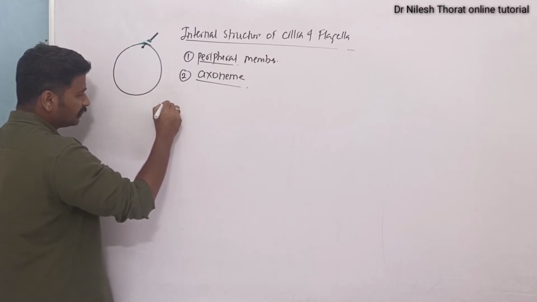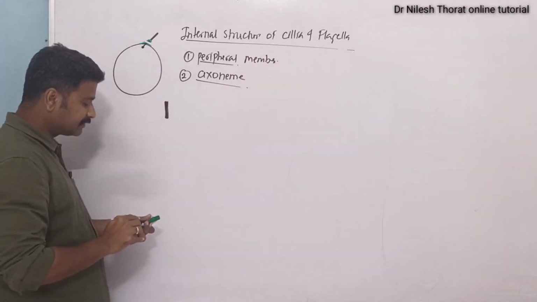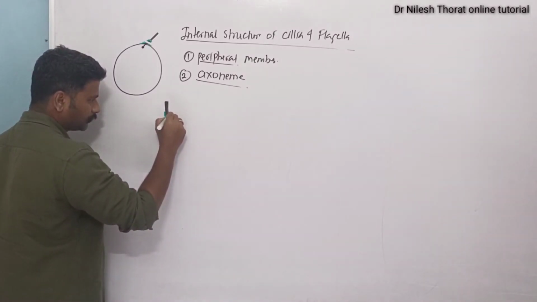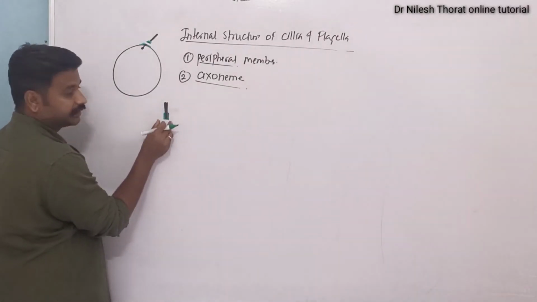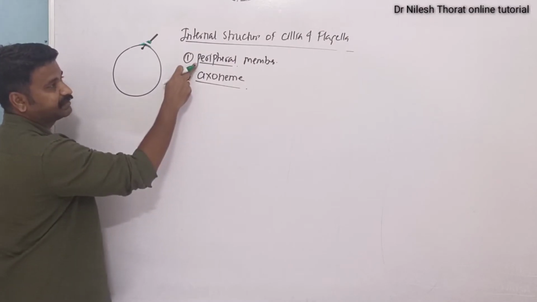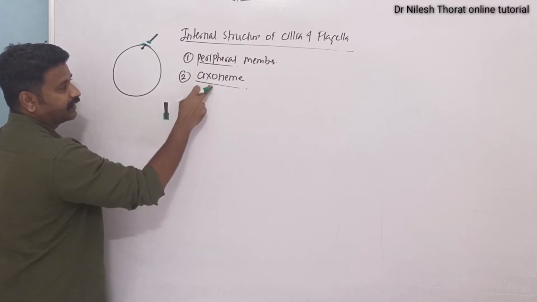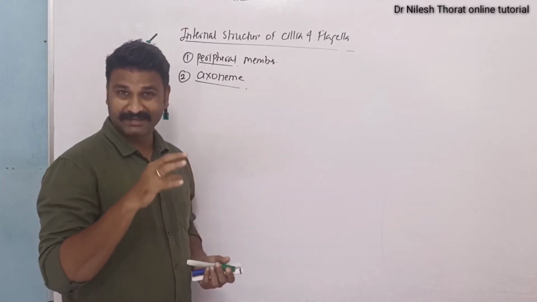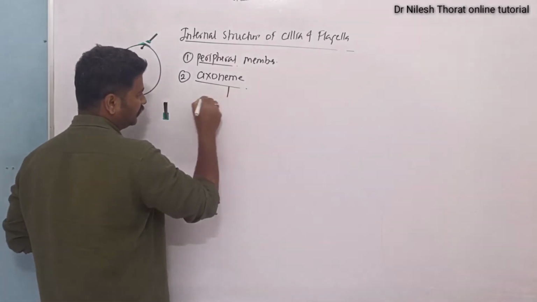As we have taken this is the portion of cilia and flagella. So this is the central part which is called as axoneme, and it is covered by plasma membrane. Clear? So we have taken the cross section at this particular level, so we can visualize a plasma membrane, that is a peripheral membrane, and everything inside the plasma membrane, that is a black color thing, which is called as axoneme. Now this axoneme is also divided into two parts, the central axoneme and the peripheral axoneme.